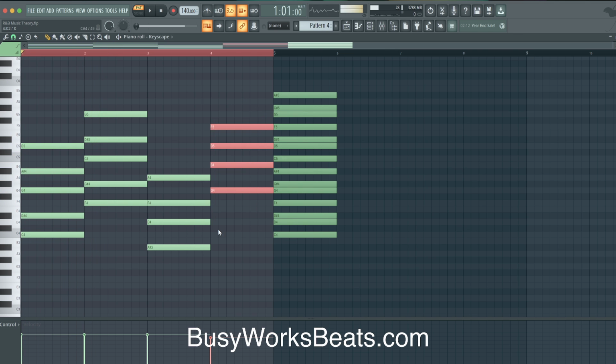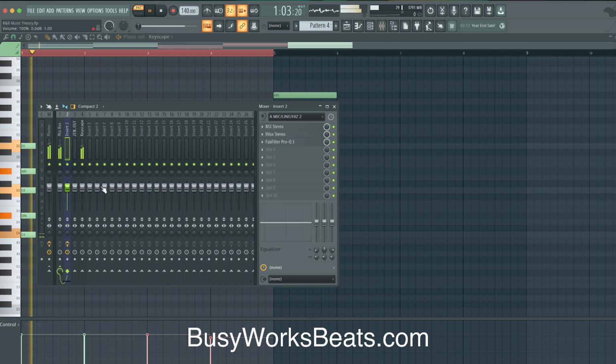But usually to resolve key modulation, you could use the 2-5-1 approach. So we're leading back into this tonic by using the 5th, the dominant chord, to transition back into this tonic. And all you have to do is make a dominant chord 7 semitones up from the root note. So it's 1, 2, 3, 4, 5, 6, 7. That lands on G. So we're using this dominant chord to wrap back into this key. So we're going out of the key, using a dominant chord to wrap us back into the key.